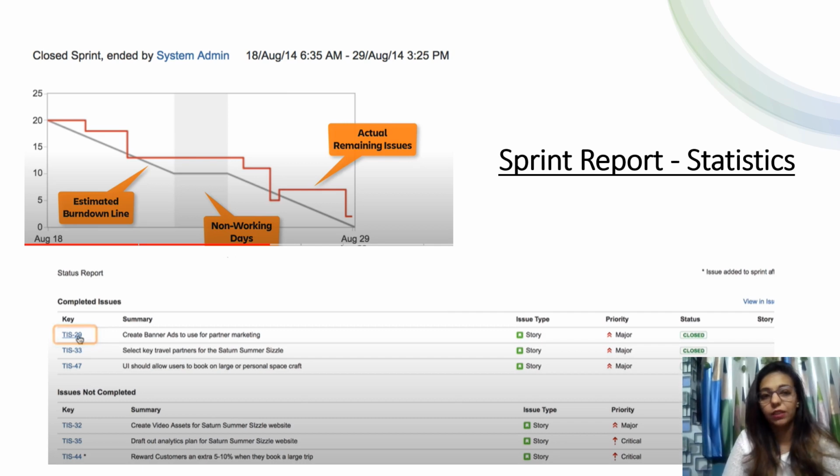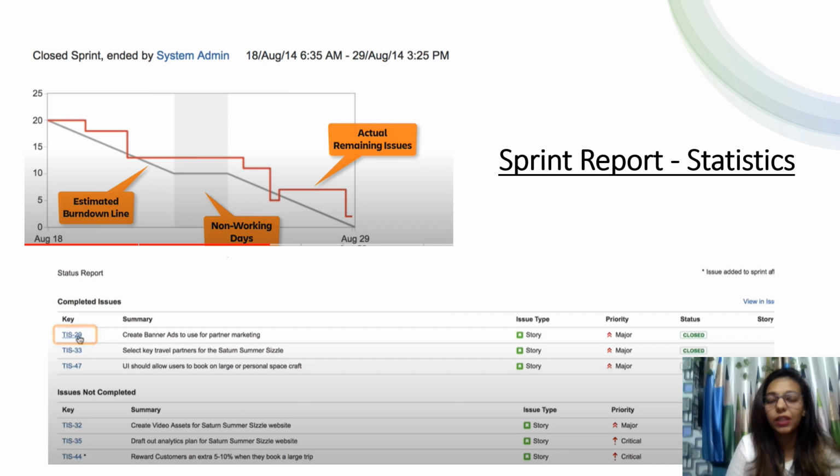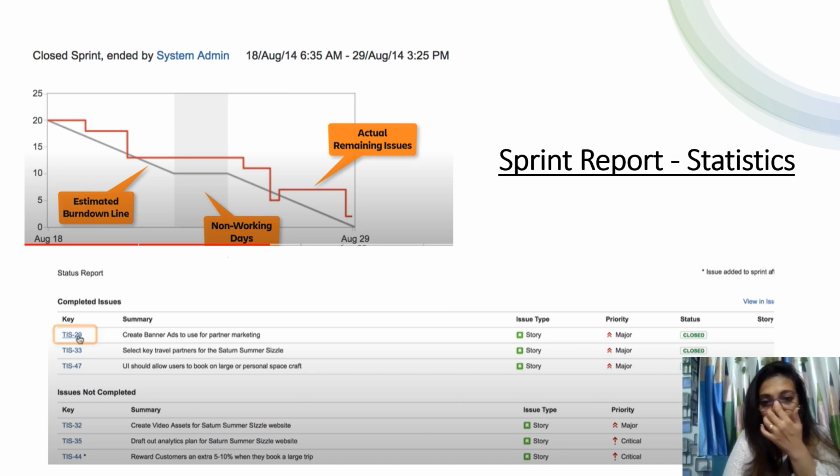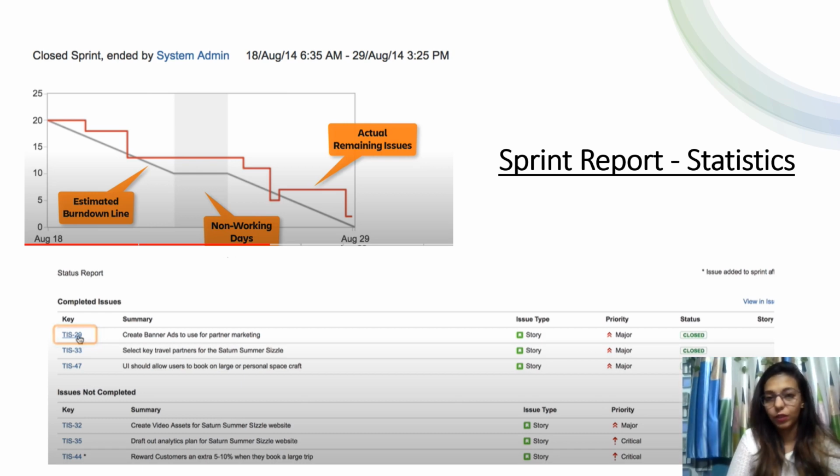So this is how the sprint stat looks like. That's the same, you have estimated and you have actual. Everything is estimated versus the actual. Okay, so here we have completed issues and non-completed issues. What are those? The issue types, the priorities, the status, and so on. Okay,